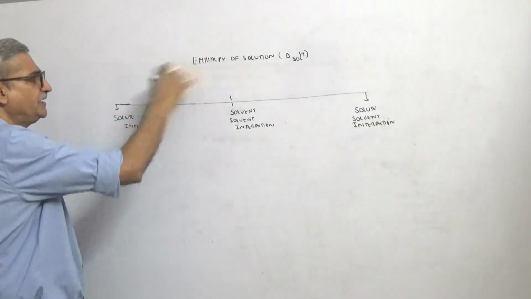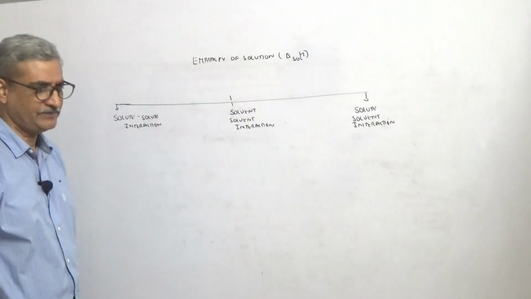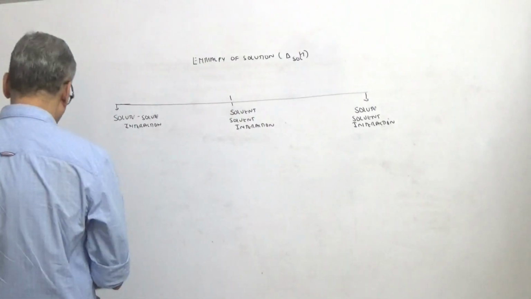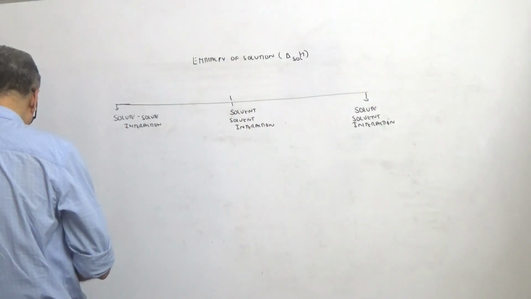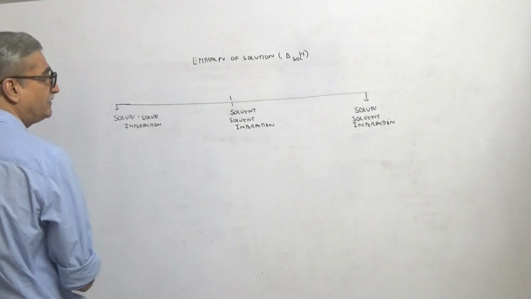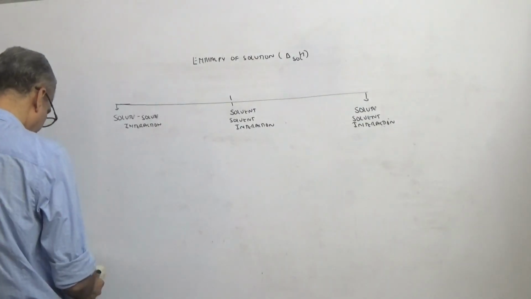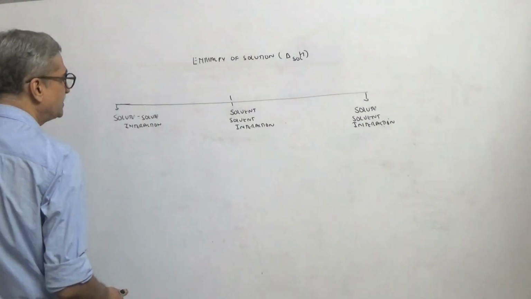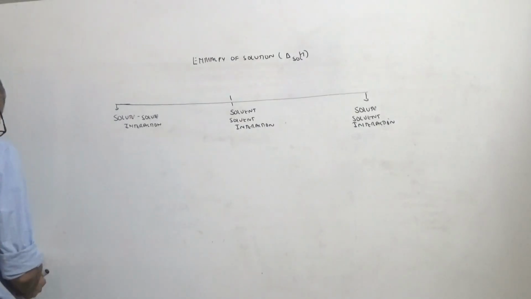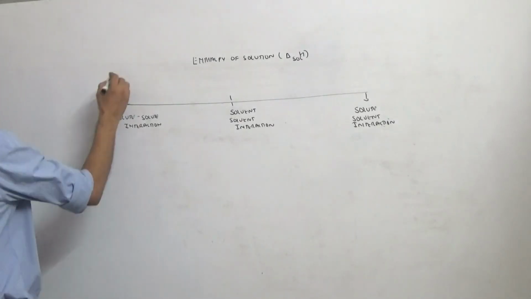Solute-solvent, all these three go to making up the enthalpy of solution. So first we will define what is enthalpy of solution. Then from this we will derive the Born-Haber cycle. So enthalpy of solution is defined as the enthalpy change